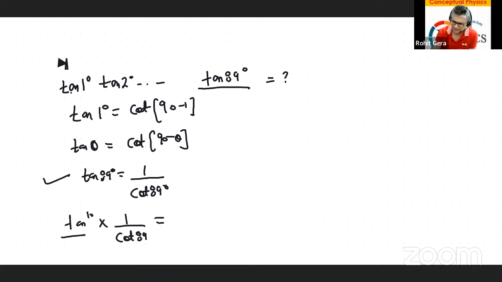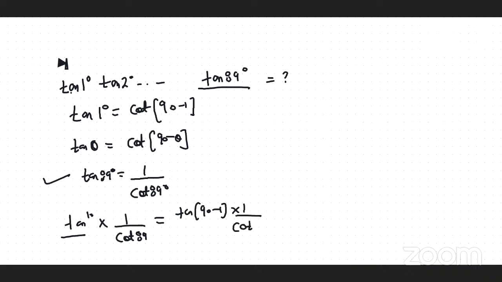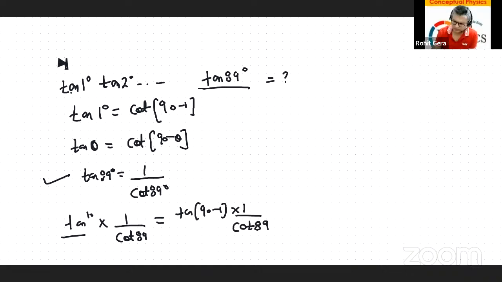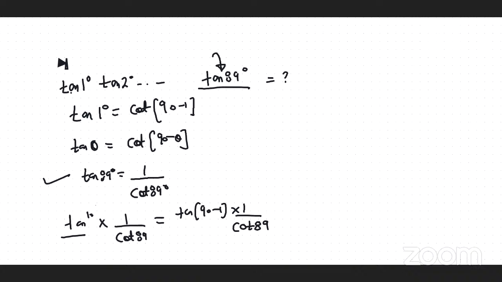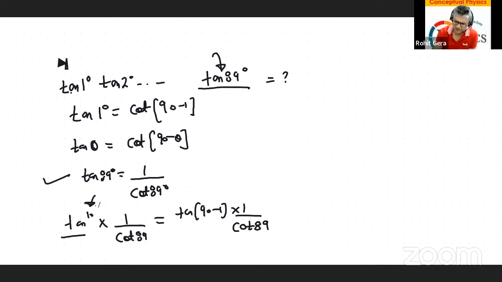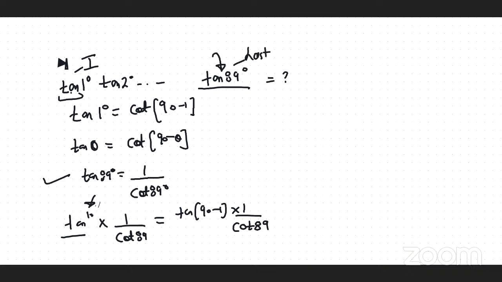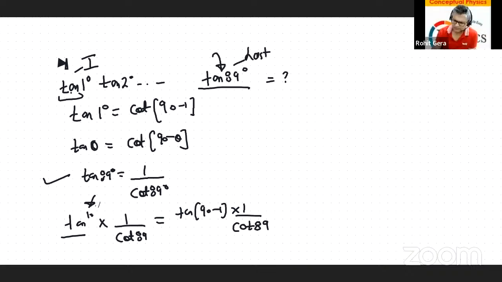So let's say tan 1 degree multiply by the last one. How will you write this? सर ये आपने पहले क्या लिखा है? 1/cot 89 डिग्री सर। ये जो लास्ट टर्म है. You mean this? सर This is the first one. I picked up the first and the tan last. 1 डिग्री। Yes. ओके ठीक। I know tan 1 degree same as cot of 89. हाँ कह सकते हैं ये भी।